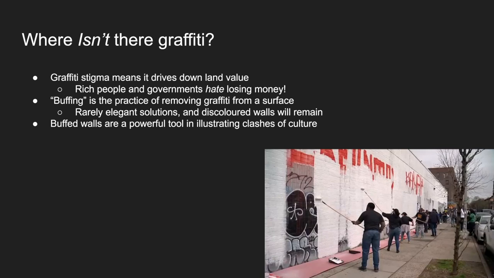An important thing to note is that buffs rarely look good. People would rather have a wall painted in mismatched shades of old paint than a piece of graffiti on it. So signs that graffiti was on a wall are difficult to get out short of painting the whole wall. Typically you'll end up with patches of a wall that look like they've been painted over in the past, because somebody has put graffiti up and then there's newer paint covering up where that graffiti was, even though it looks ugly. Buff walls are a really powerful visual storytelling tool, but many games don't actually include these, and that's a missed opportunity in my book.